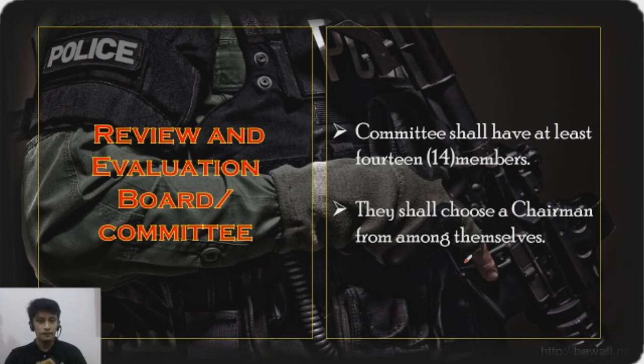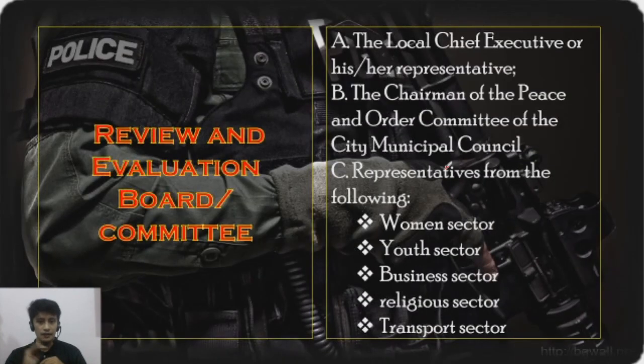So with that, says here, meron yung review and evaluation board committee. So ano yung composition niyan? The committee shall have at least 14 members. They should evaluate the plan. They shall choose a chairman from among themselves, doon sa 14 na yun, members. And then, at least, ito yung mga dapat na meron doon. Okay, ito yung composition niya. From the 14, meron sanang manggaling